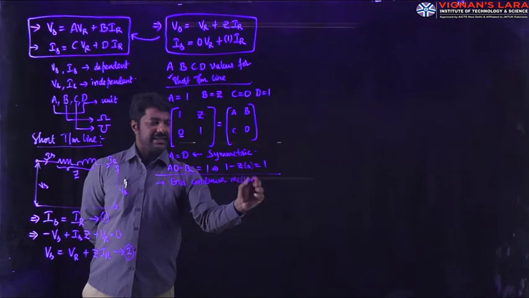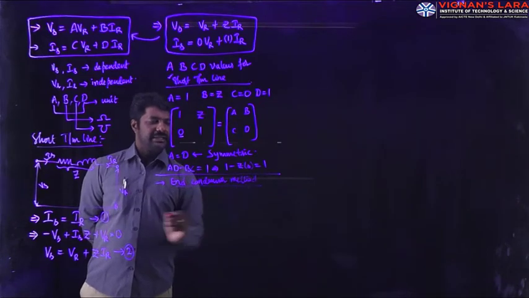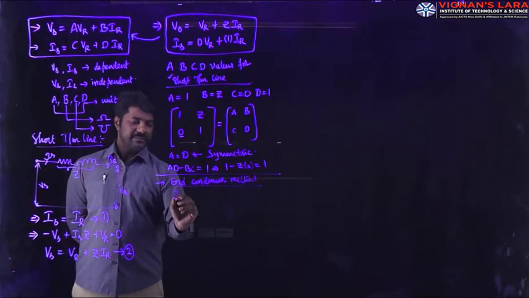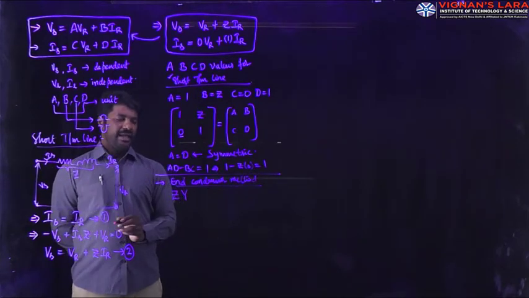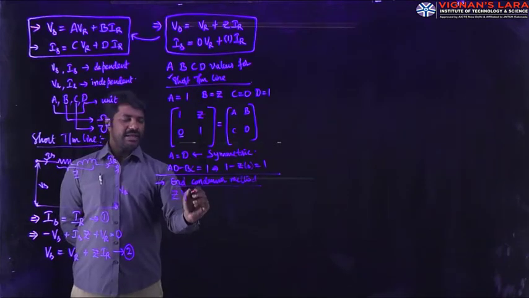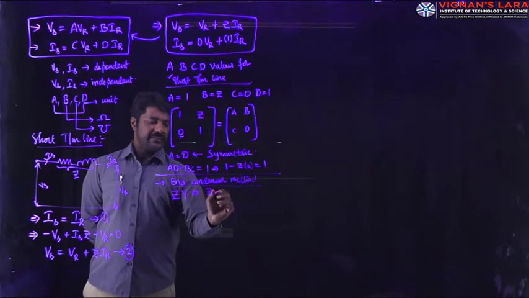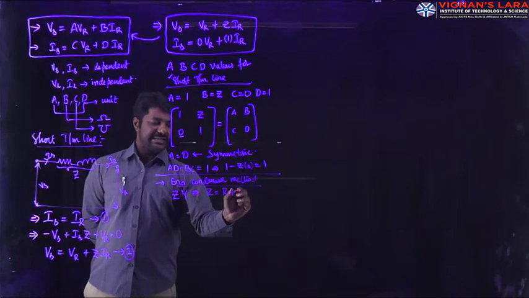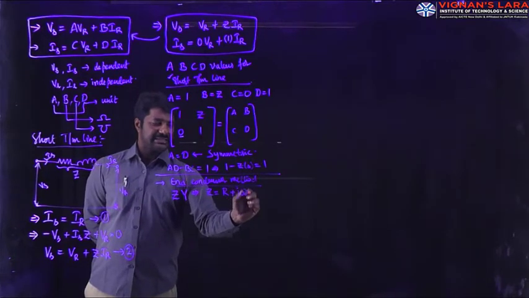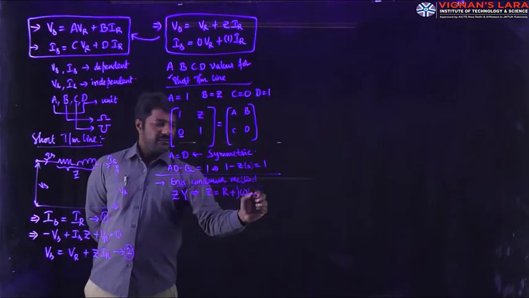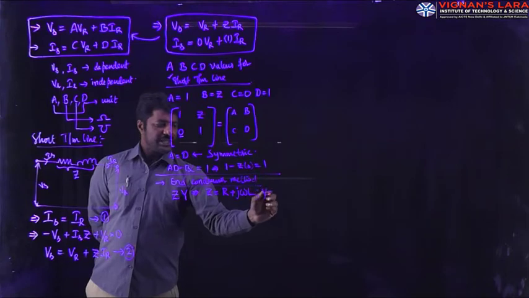As per the end condenser method, the transmission line is modeled with series impedance capital Z and shunt admittance Y. This shunt admittance will have only the capacitance parameter, whereas the series impedance is formed with both resistor as well as inductance, represented as R plus j omega L,